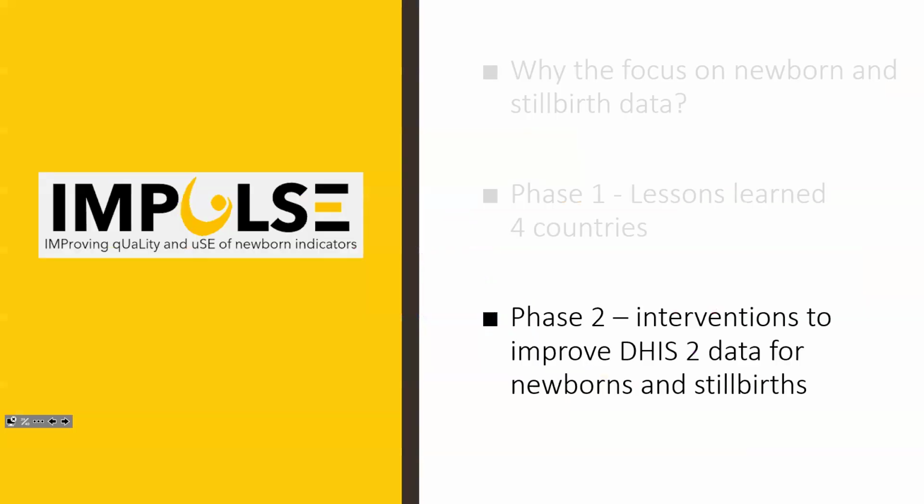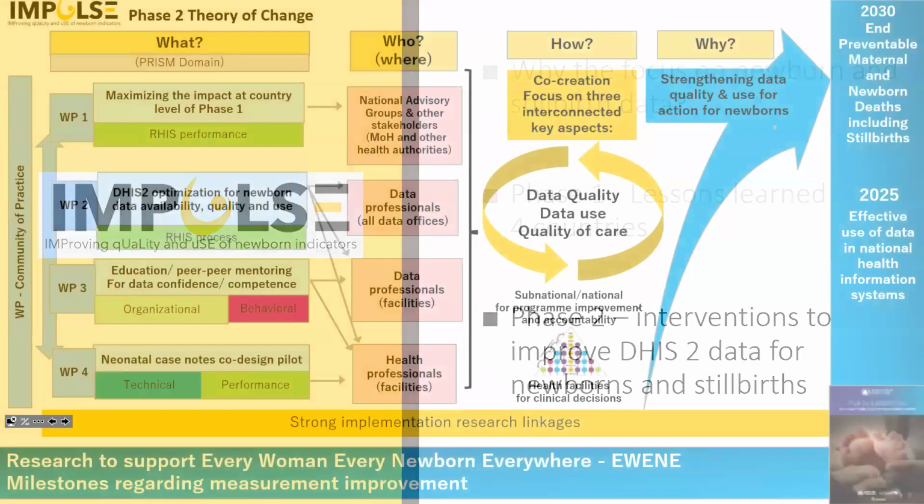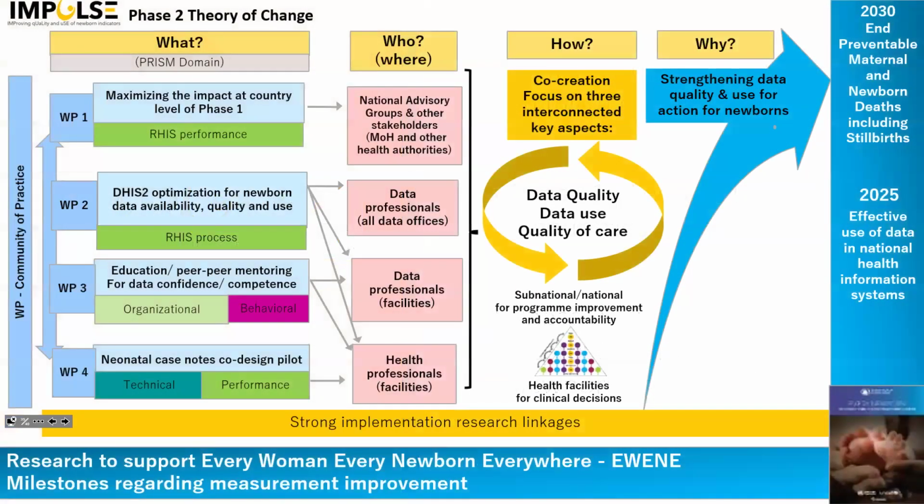So that was the first one. And now just a quick highlight on what is planned for phase 2. So this is the IMPAS theory of change linked with the PRISM factors, and then showing the 4 work packages